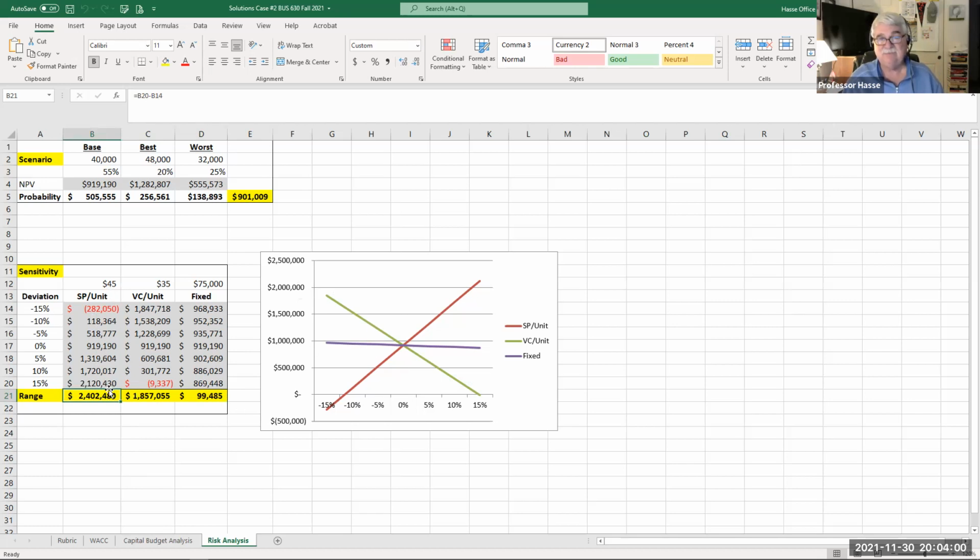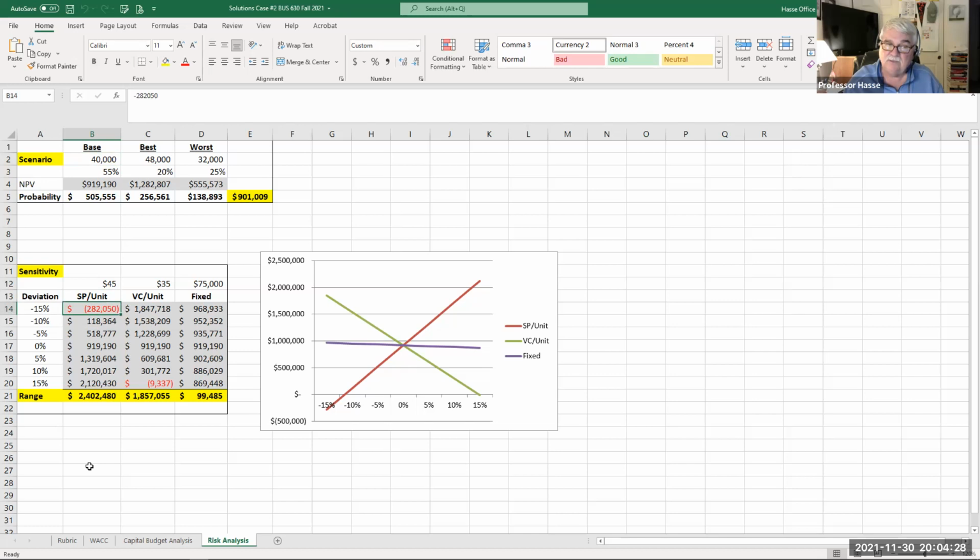Naturally, the most sensitive variable here is selling price. That has the greatest delta from top to bottom, -15 to +15 deltas, than the other two. It gives us an idea that if we do have to change our selling price to maintain the 40,000 units output in the market, if we have to lower our selling price by 15% to sell 40,000 units, that's going